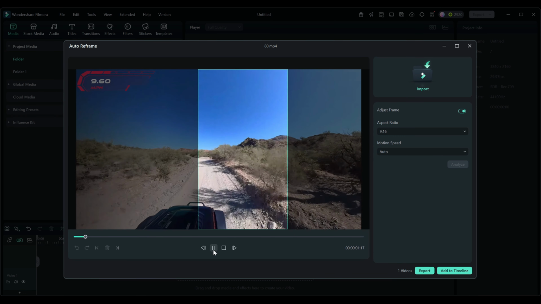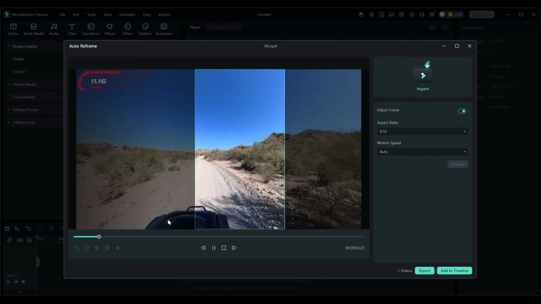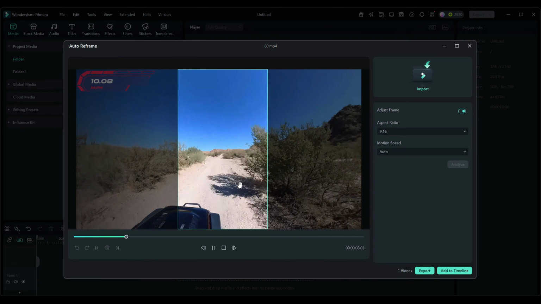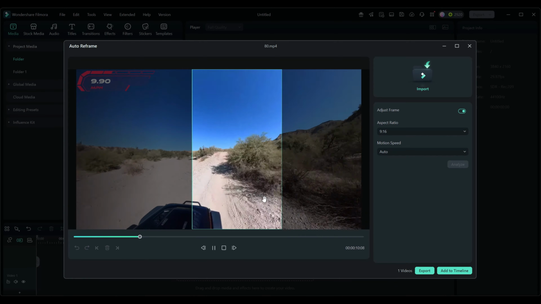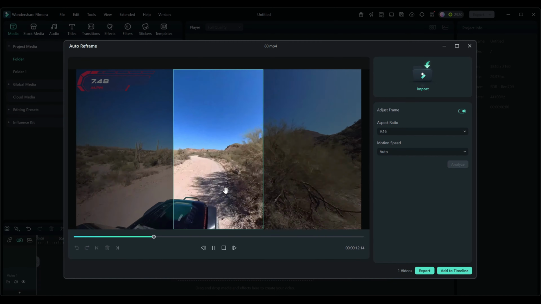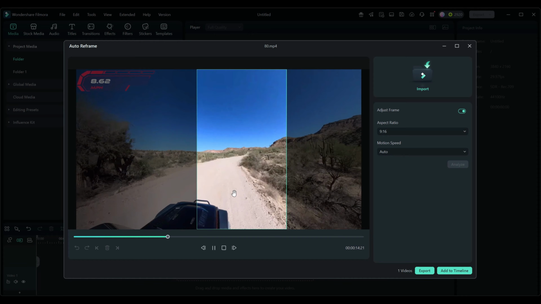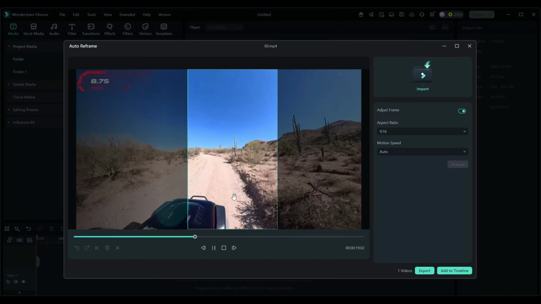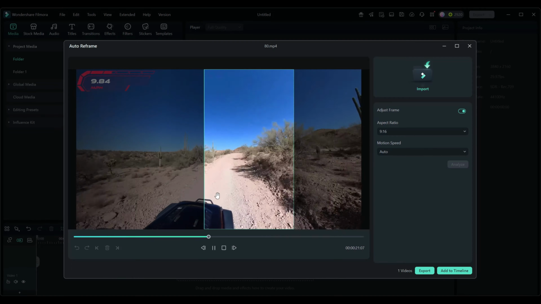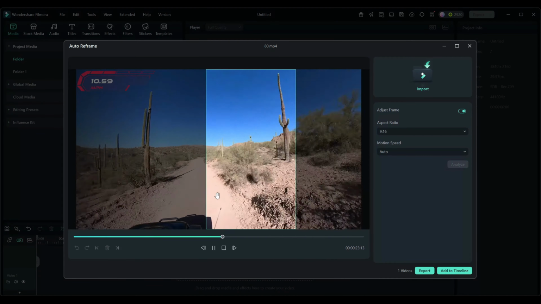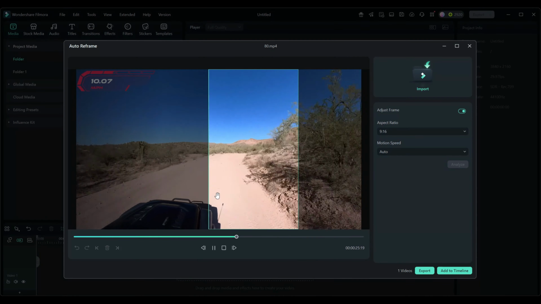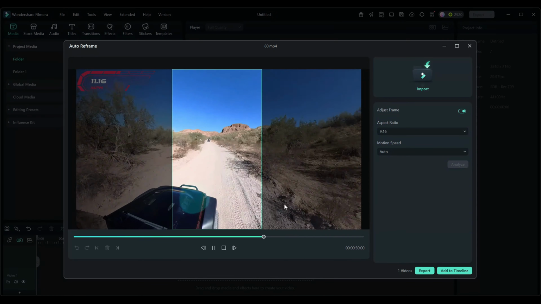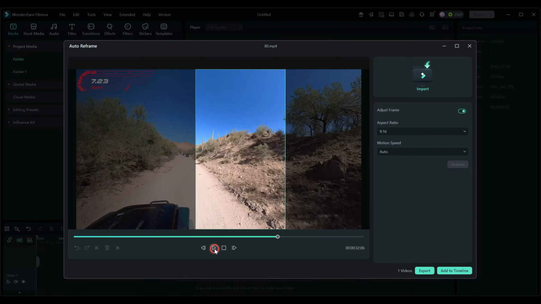What we see while it's playing back is that the car is not in the frame. Sometimes the road's not even in the frame. It's trying to focus on something. I think it's trying to focus on the road, but it doesn't even do a good job of that because at times it gets off of the road altogether. My point is simply that if you're going to use this automatic feature, it's great for when you have a person in the picture, not so great when you just have objects. That being said,